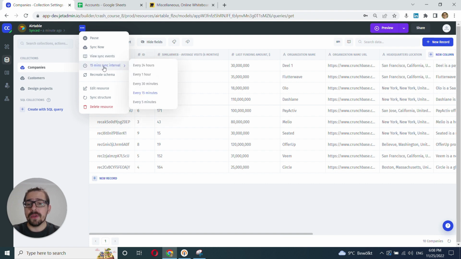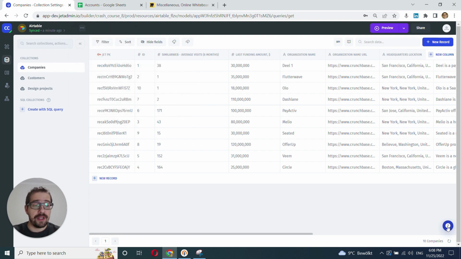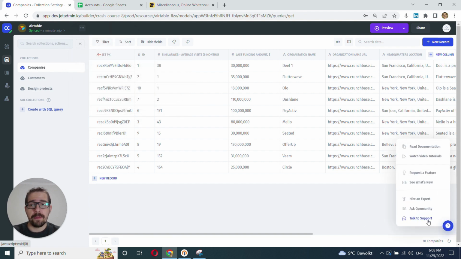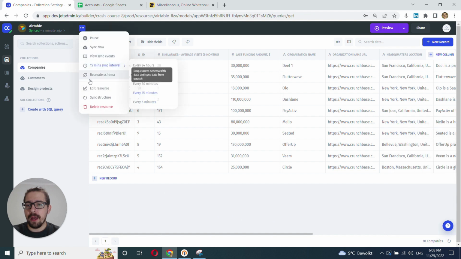And more importantly, you can set the interval for how often you want your data to be synced. So right now it's from 5 minutes to 24 hours, but we will add more options here. So if you have any suggestions, you can share those suggestions here in the support chat. All right. And the rest three options here are pretty much what we've already covered. Recreate schema is going to be deprecated, so don't even look into it.